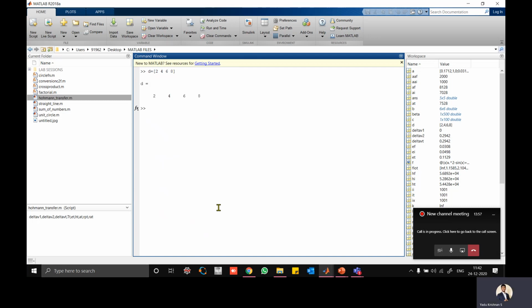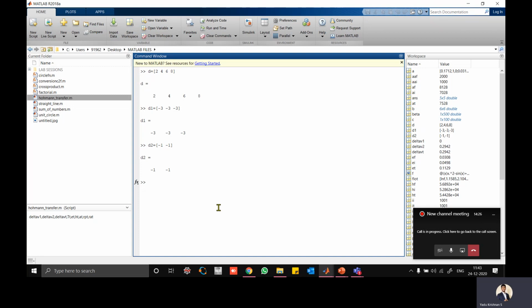I introduce a D value, and I'm introducing another variable D1, which is -3, -3, -3. And the next one is another variable D2, that is -1, -1. So three values, D, D1, D2, I have introduced.